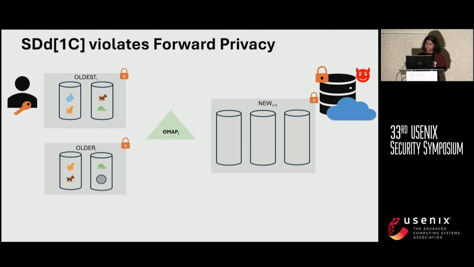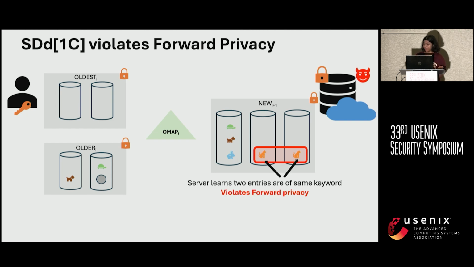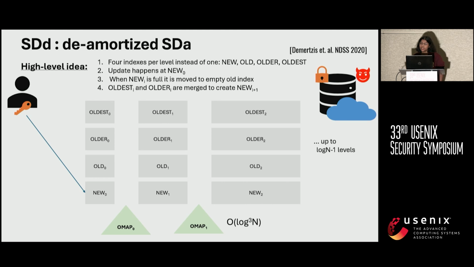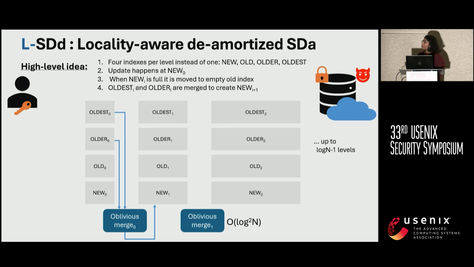In one-choice allocation, like any other I/O efficient scheme, the placement of the entries is a direct function of their values. So if we use one-choice allocation and move the entries from oldest and older one by one and place them in the new index, the server can infer, as soon as we place the second cat keyword in the third bin, that it's related to the entry already present in the second bin, and that will violate forward privacy. So in order to solve that, we replaced these OMAPs with a new protocol called oblivious-merge, which also